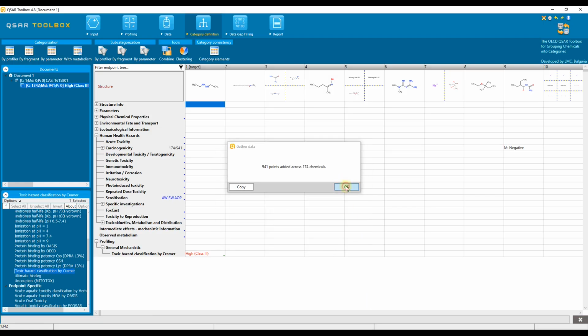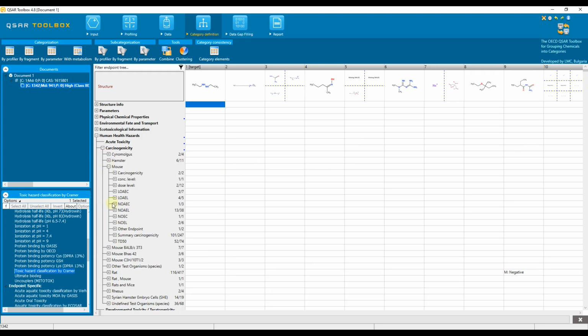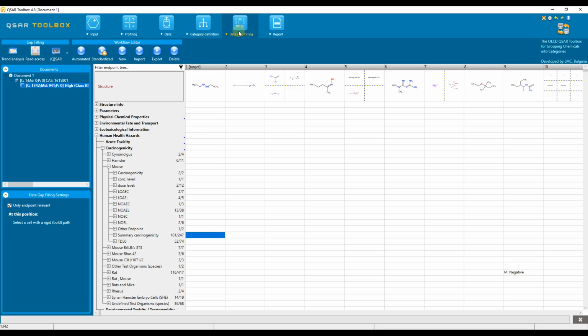Navigate to the row in the endpoint tree related to the endpoint of investigation. Expand human health hazards and after that carcinogenicity. Open the mouse species and select the row corresponding to summary carcinogenicity. We see the number of chemicals with data points here. There is no data for the target chemical. To fill the data gap of the target chemical, we should go to the next section, Data Gap Filling, and